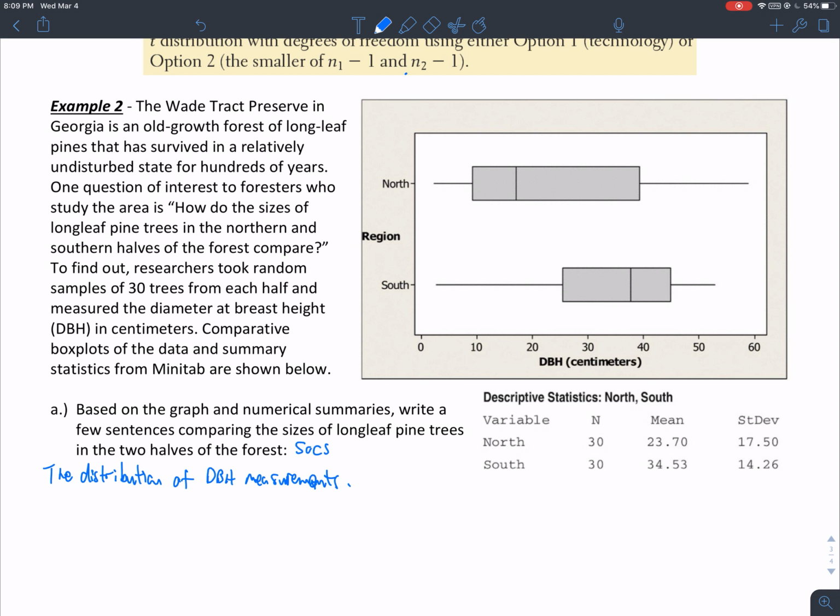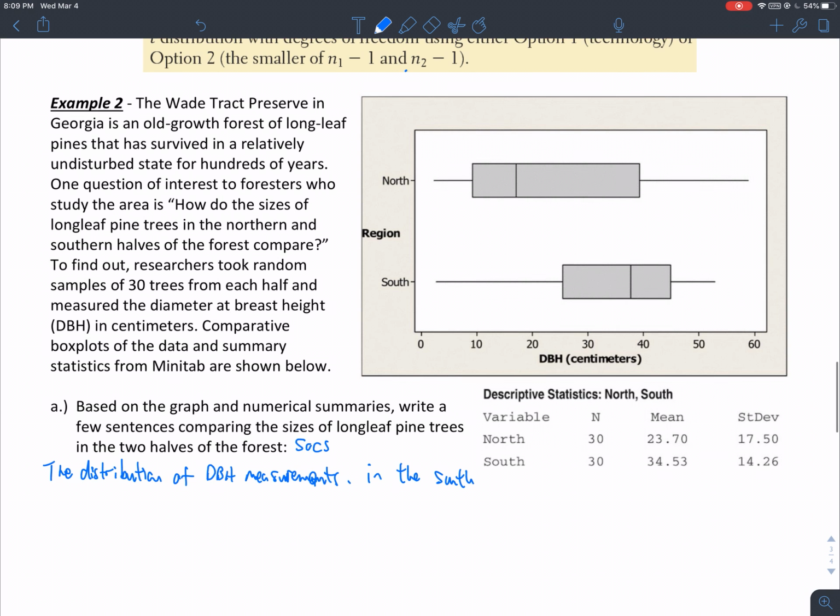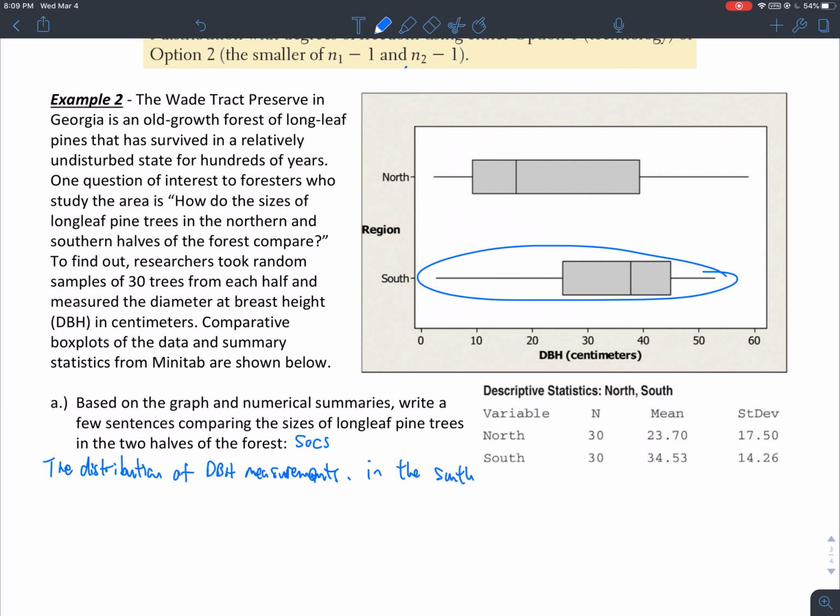In other words, diameter at breast height measurements. The distribution of those measurements in the south. And what would we say this is in the south? That looks like it's fairly strongly left skewed. Is strongly left skewed,